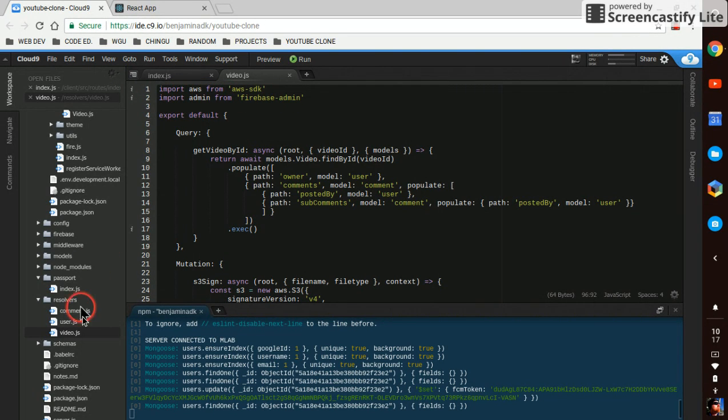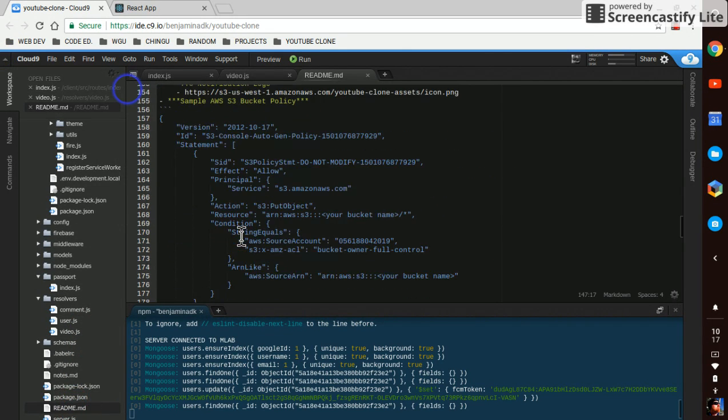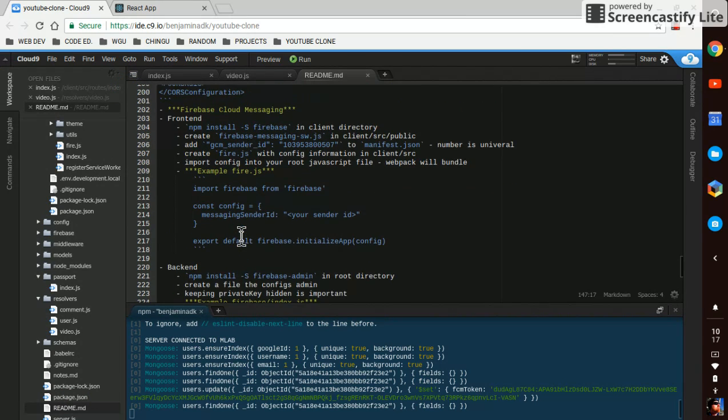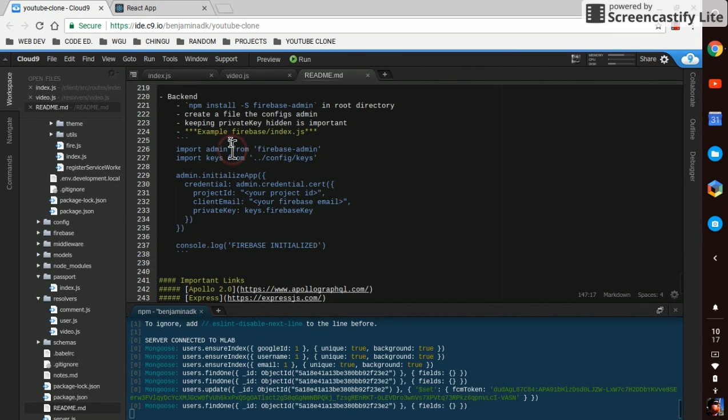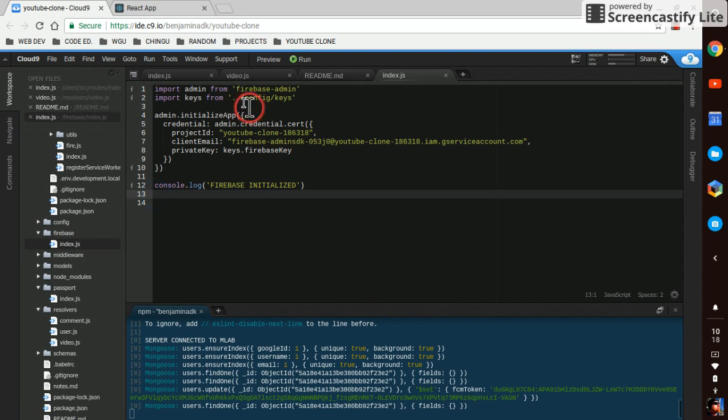On the back end, you want to install, or in the root directory, which is the back end, we're going to install Firebase-admin, and we're going to create a config file for that. So I made a new directory called passport, index.js, and